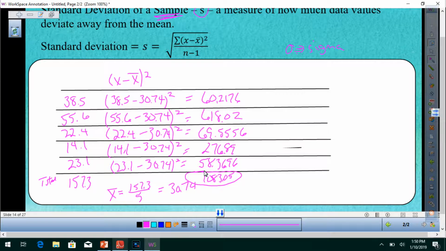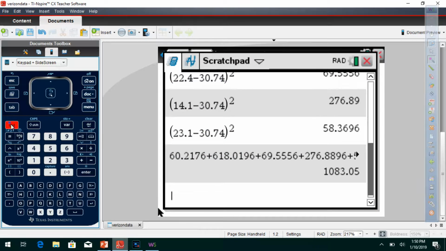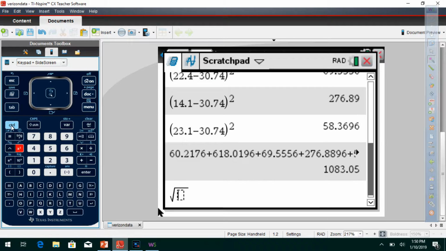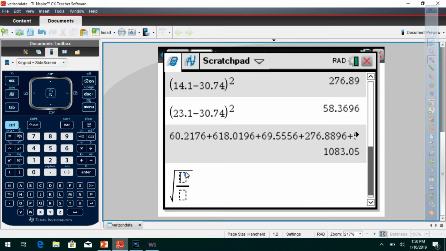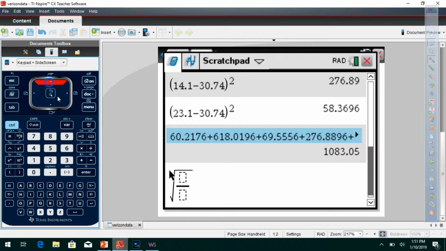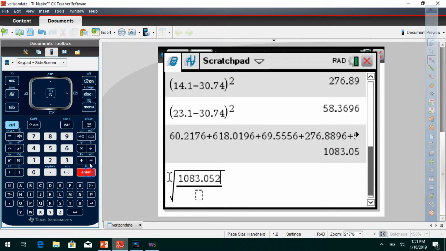1083.05. So that's this right here, the sum of x minus x bar squared. All right, so now I'm going to put that in. We've got the square root of 1083.05, and then n, that's going to be 5 minus 1, which is 4. So let's go do that. Control square root, control divide, and then I go up there, grab that, and divide that by 5 minus 1, and I get